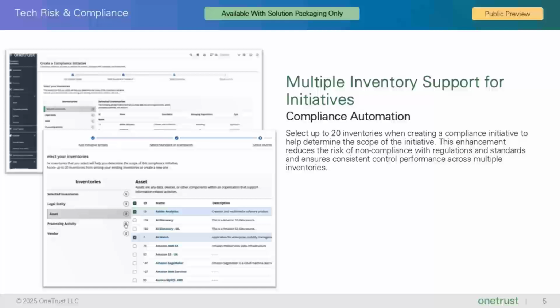The next feature is Multiple Inventory Support for Initiatives, which is releasing as public preview. This feature is available for customers on the new solution packaging only. This feature allows you to select up to 20 inventories when creating a compliance initiative to help determine the scope of the initiative. This enhancement reduces the risk of non-compliance with regulations and standards and ensures consistent control performance across